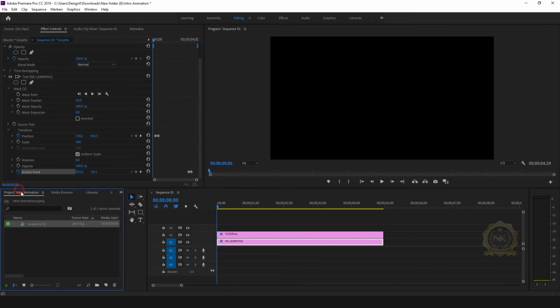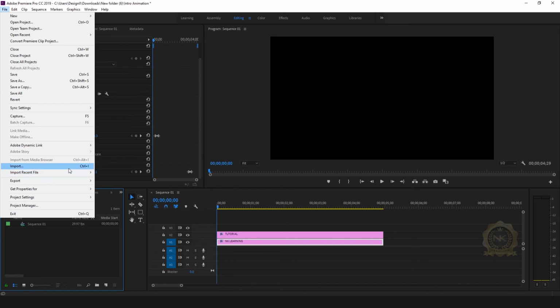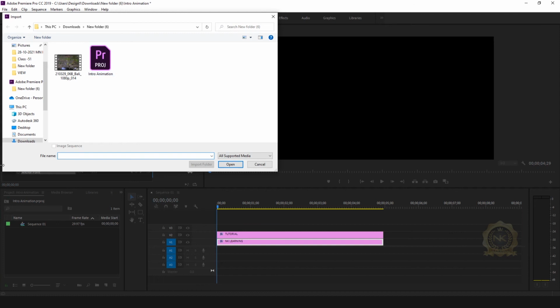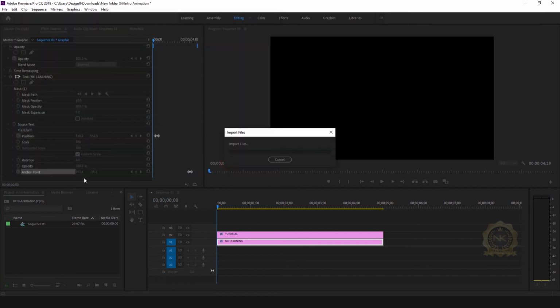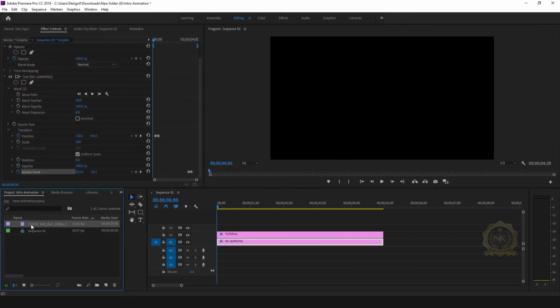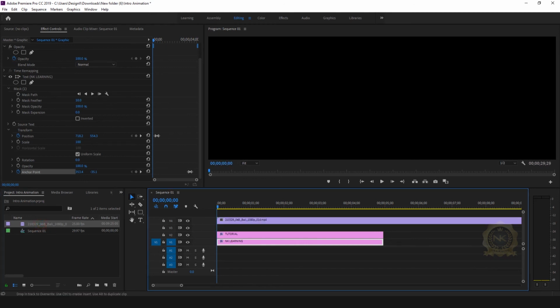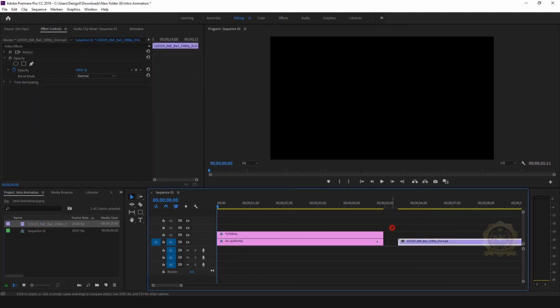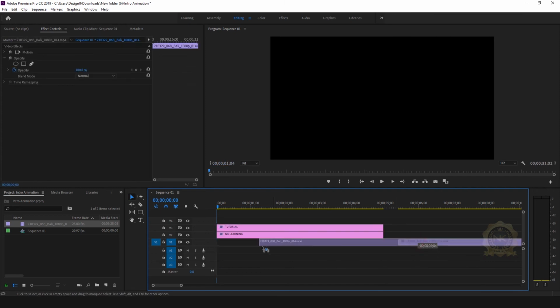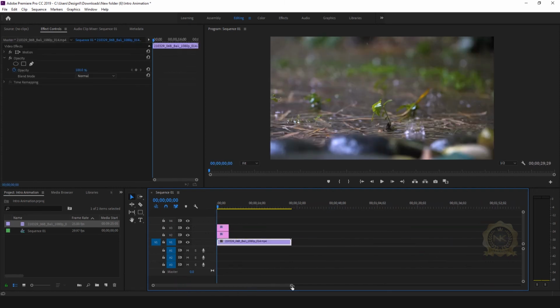Now insert the video. Control I, or import file, import short form, Control plus I. Select this video. Just drag it to the sequence. Move the video to 2 and 3. This main video is video 1. See,